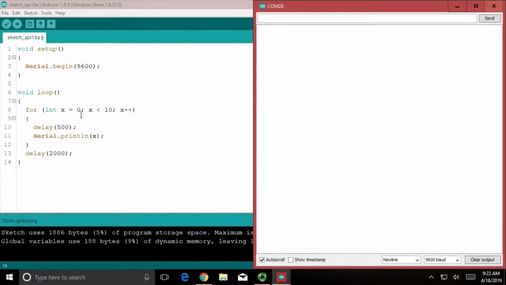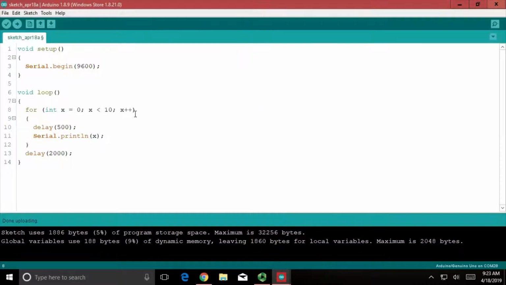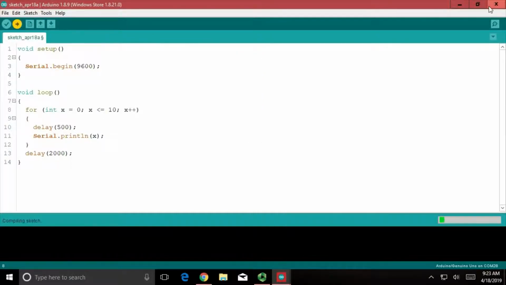So we know x should probably start off at 0, and it increments by 1 every single time. It only goes up to 9 because I don't have an equal to sign here. If I put an equal to sign here and I uploaded it,